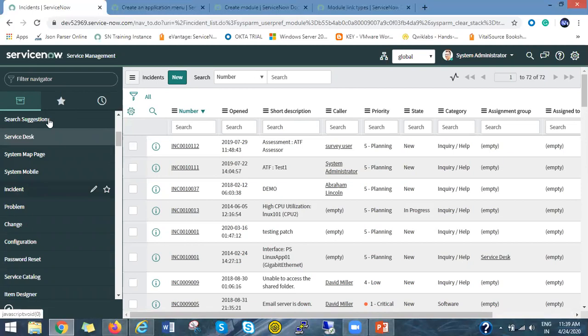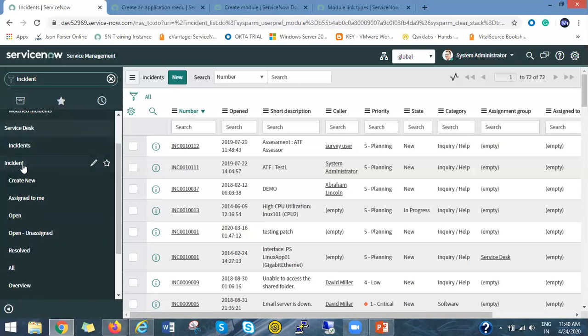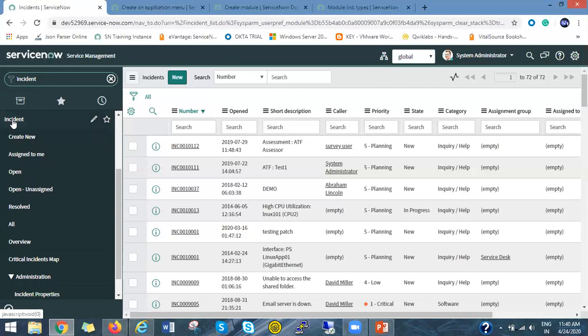Whatever you are seeing inside the application navigator are the application menus and modules available in the application navigator. For better understanding, this is the incident application menu, and inside it there are multiple modules available: create new, assign to me.